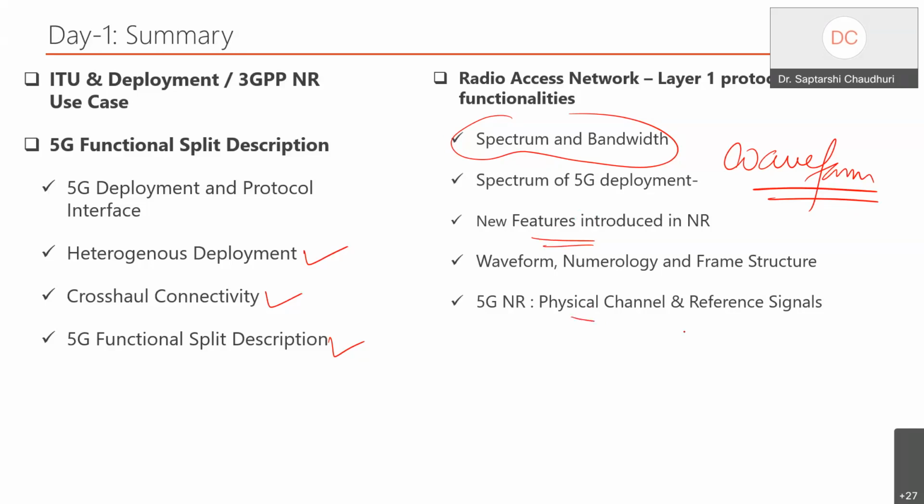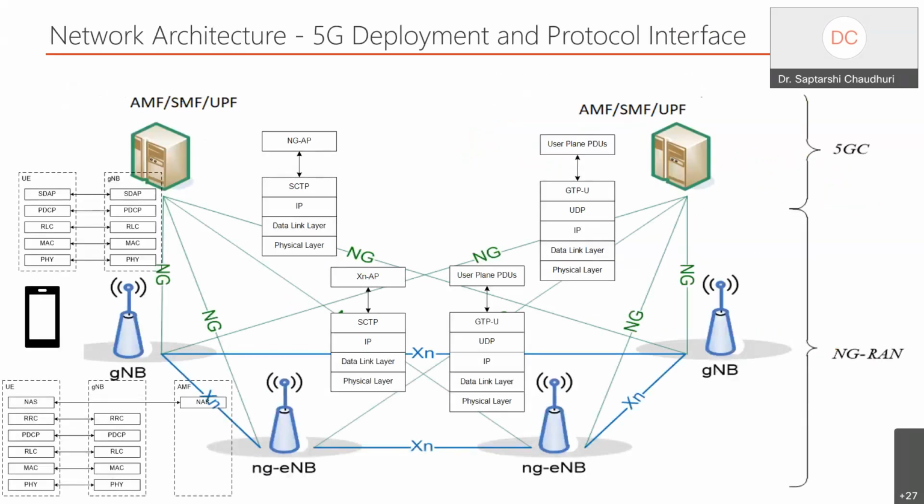And what are the physical channels and reference signals? So today we'll see the next gamut, that is the base architecture or the deployment. I'll just give a snapshot here. I'll not explain in detail, but we are here now. That is what we call the base station or the radio access network, different terminology we use. And this is what we covered on day 1, the physical layer aspect of it. Now we are going into day 2 today.